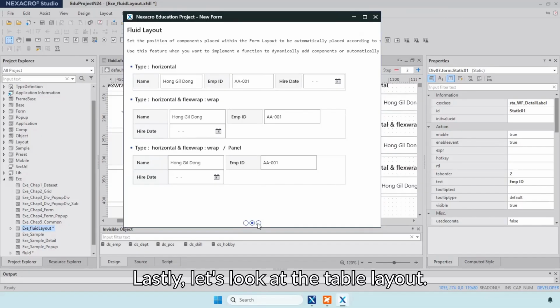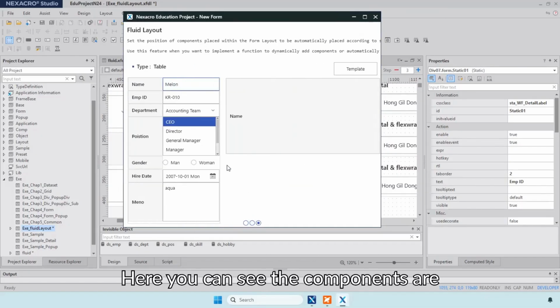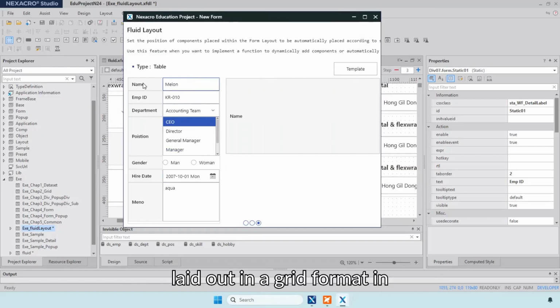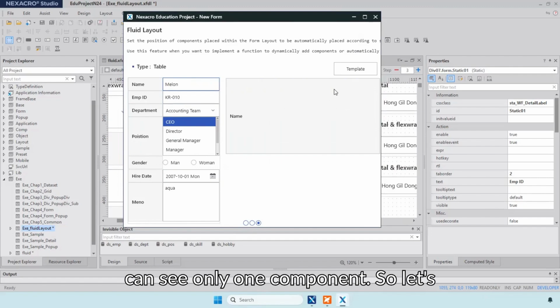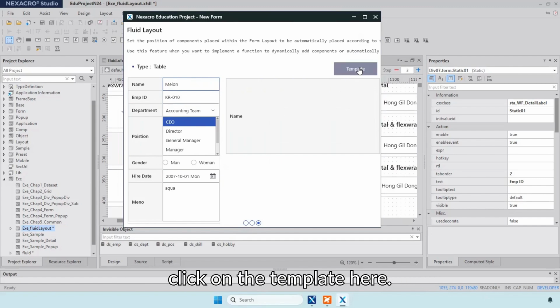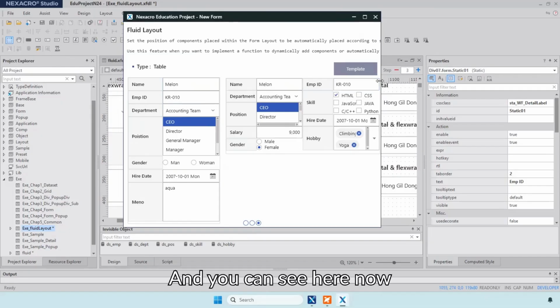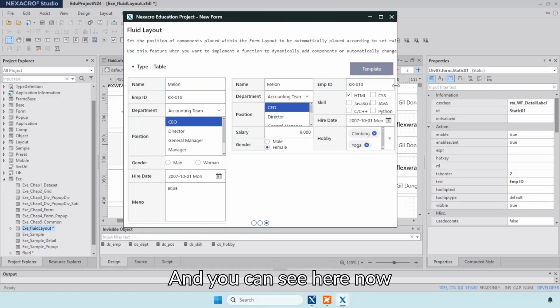Lastly, let's look at the table layout. Here you can see the components are laid out in a grid format in rows and columns. This is another table layout where you can see only one component. So let's click on the template here. And you can see here, now it has 6 rows and 4 columns.